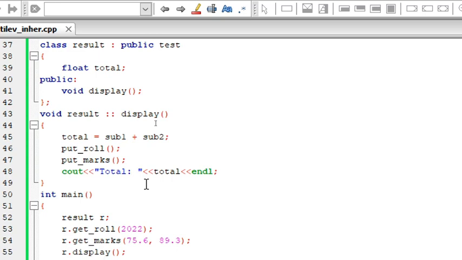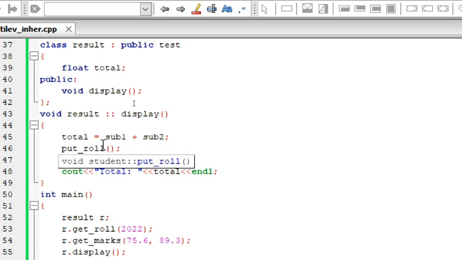Hybrid inheritance, let me take the same program, and I'm going to add two other types of inheritance here. When I say hybrid inheritance, it's a combination of other types of inheritance. You can have single inheritance, multi-level, multiple, hierarchical, anything you can have. Here I'm going to have multi-level. Since we already have the program here, multi-level I have already done, so I'm going to take this multi-level.